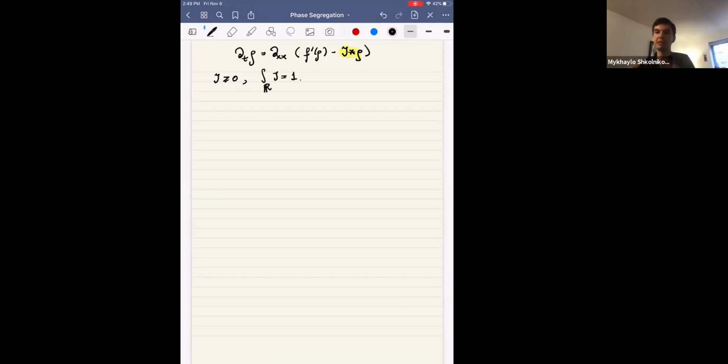That's not necessary. It can be a general L1 function, but it will simplify the notation here and there. So I'll make it integrate to 1. And on top of that, we will assume that it is symmetric about 0. Okay, so take your favorite PDF, let's say the standard normal PDF,